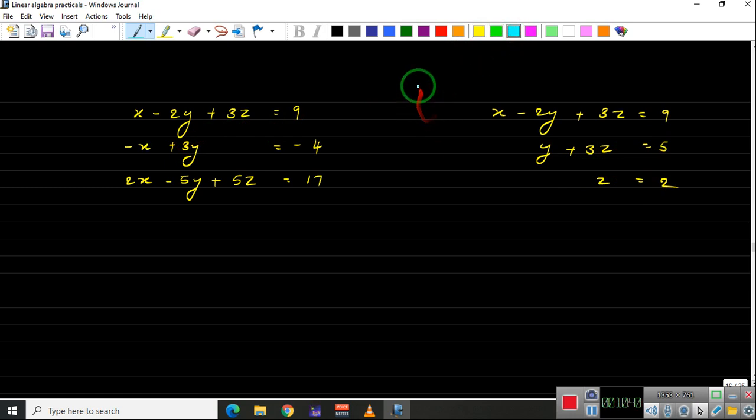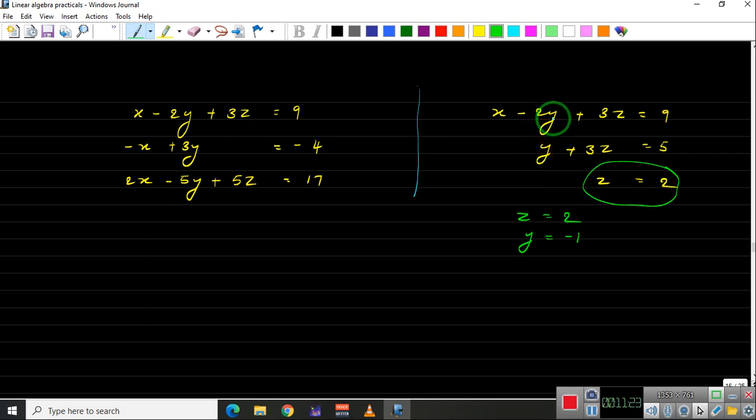So if we have these two systems of three equations in three unknowns, and suppose we need to solve them, by looking at this, which is the simple system to solve? Now in this case, x is there, y is there, z is there, but in this case directly we get the value of z. So we have z equals 2. Now since z equals 2 and here we have y plus 3z equals 5, that means y equals 5 minus 3z, that means 5 minus 6. So we have y equals -1.